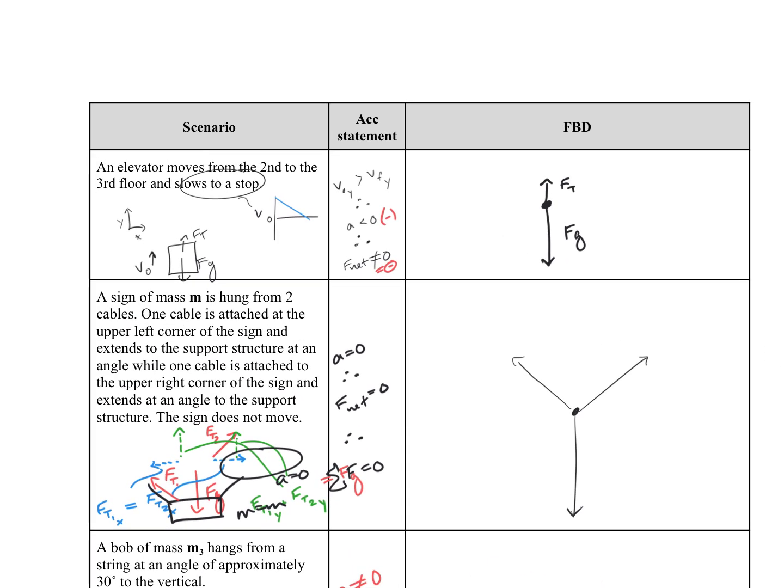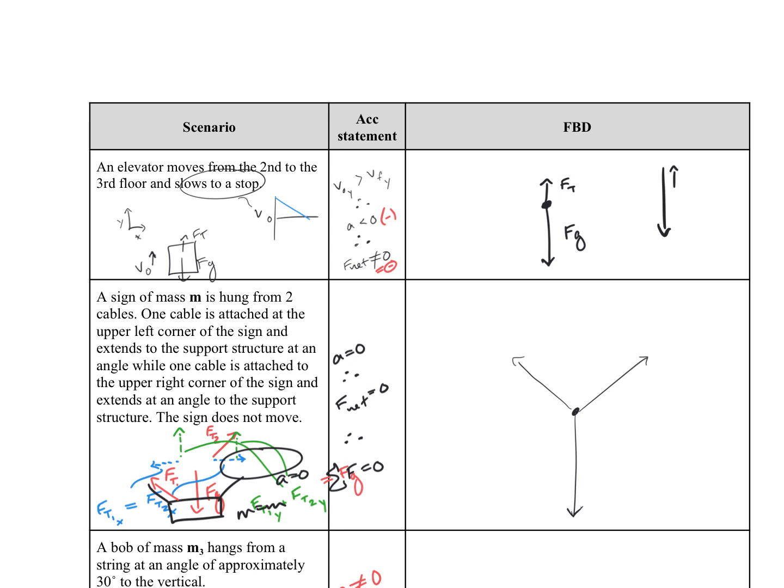The next situation is as the elevator is slowing. In the case of an elevator moving up, the velocity goes from positive towards 0, which means the acceleration is negative. So you have an acceleration that is less than 0. The net force must then be downwards. So your gravity must be longer than tension, because the acceleration downward means you have a net force downward. So this force of gravity, I'll just draw it over here. If the force of gravity were added to the force of tension, your resultant force,